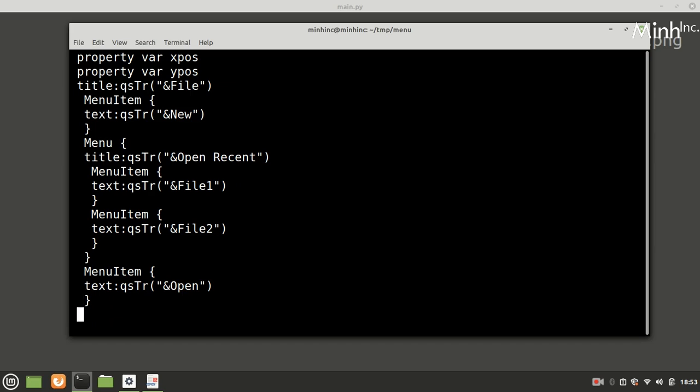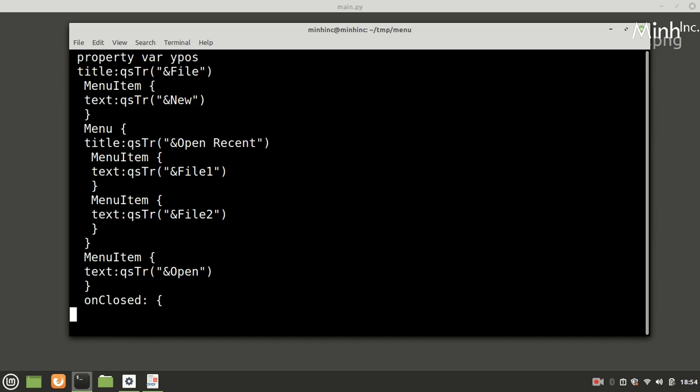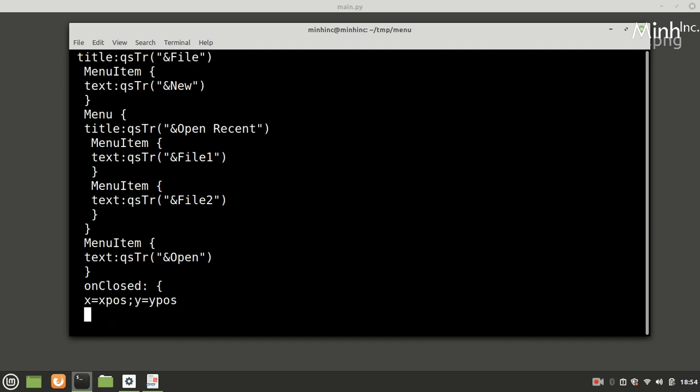Okay, now we'll add x equal to xpos and y equal to ypos. The reason why we brought the xpos and ypos is that we are remembering the x position and y position.